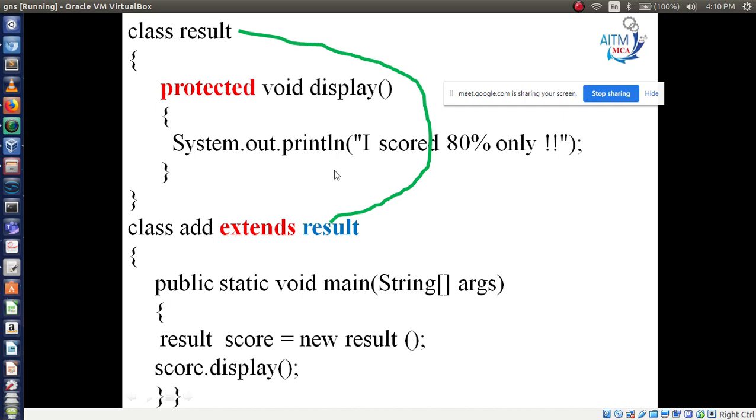Now it is possible to access this display method in the add class, right? It is our main method. So create the object of the class result: score is equal to new result. Now access this method, score dot display.